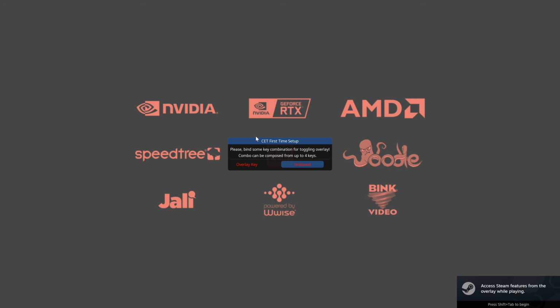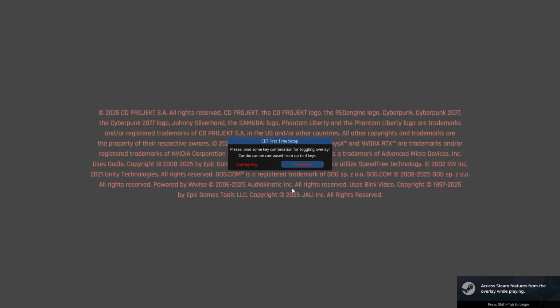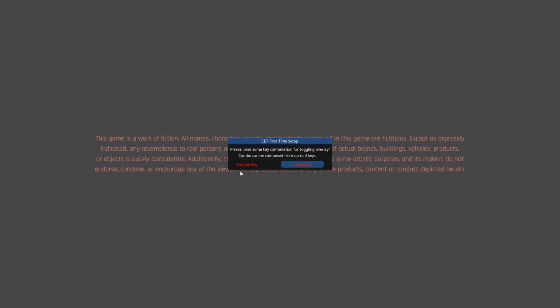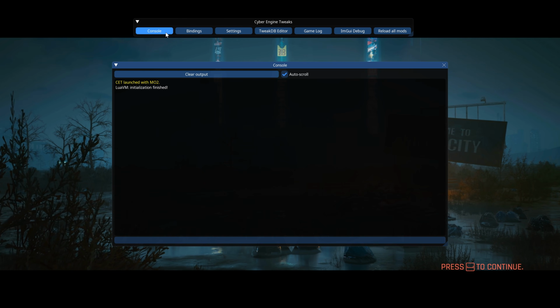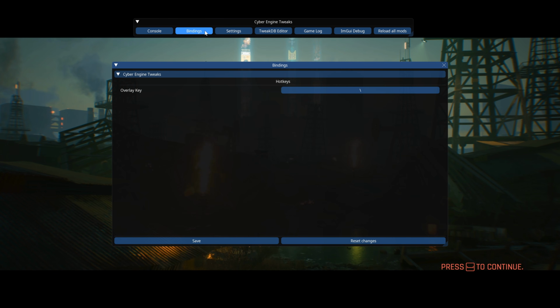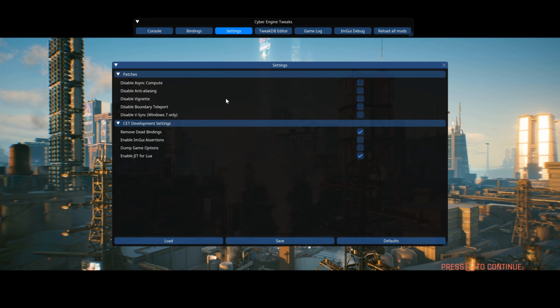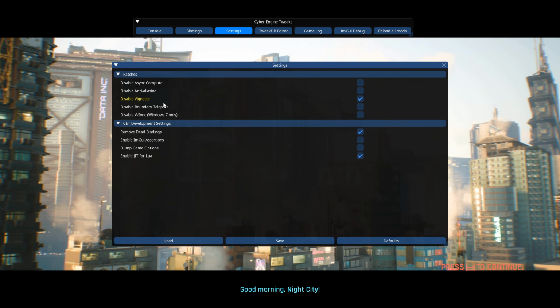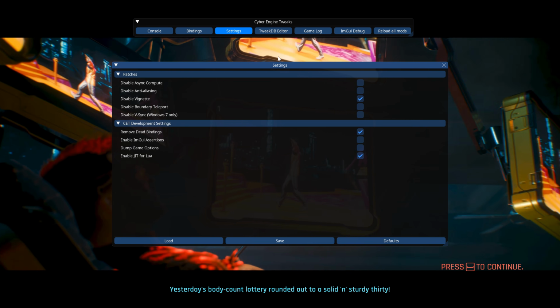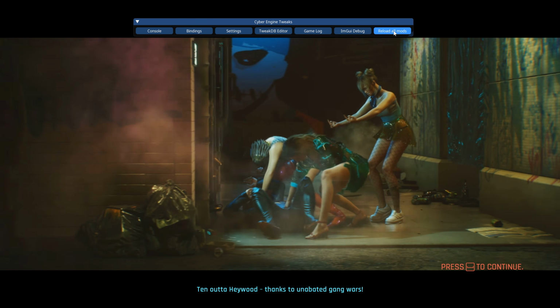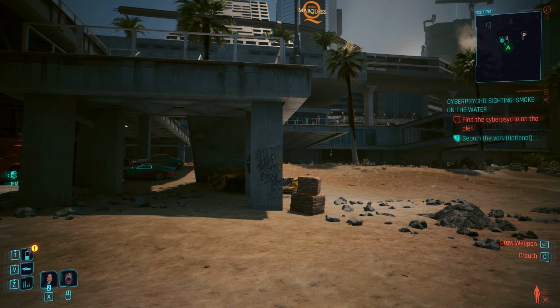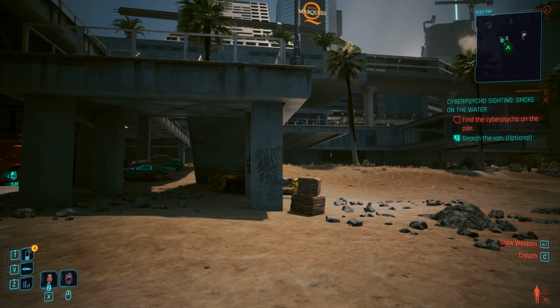This is how you know things are going well, when you get a prompt to bind a key to open CyberEngine Tweaks. So click bind and click whatever key you want on your keyboard, but this is going to open the CyberEngine Tweak overlay. It allows you access to things like the console, different settings, which there's one I like to actually uncheck or check, which is disable vignetting. So we'll save that. Some logs and debugs, and also a way to reload all the mods you have that are active. Now that the first mod is installed, we can quit the game and head on back to our